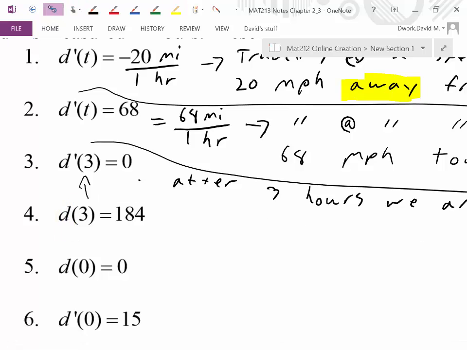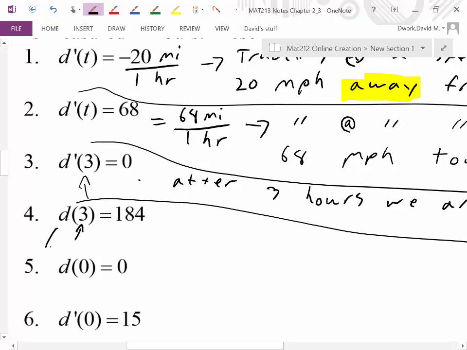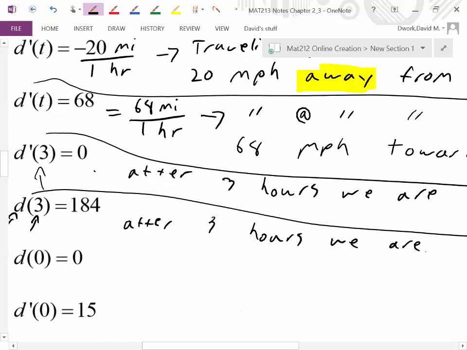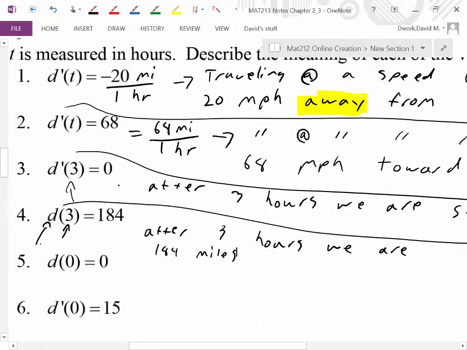So therefore, what we're saying here is it's not a speed. This is just like a MAT212 function. I put in a time, I get out a distance. So therefore, after 3 hours, we're not going at a speed. We are 184 miles, and then I guess I forgot how this was defined. I would say we are 184 miles on our trip. We've gone 184 miles. So let me rephrase that. I'll say we have gone 184 miles toward